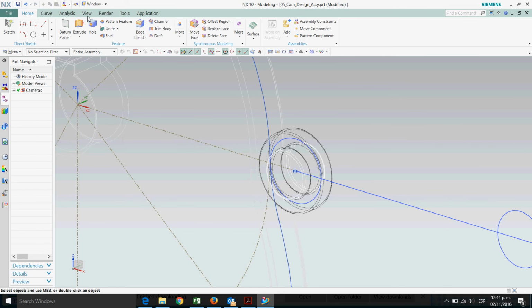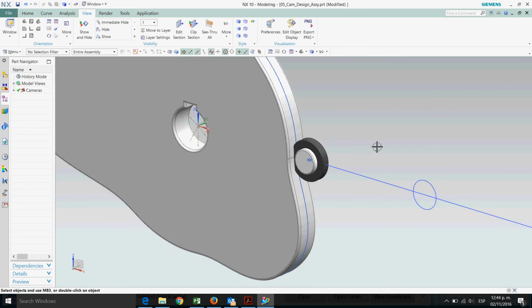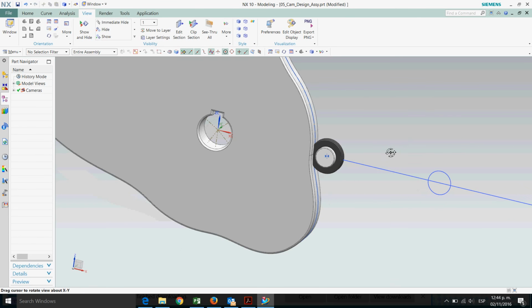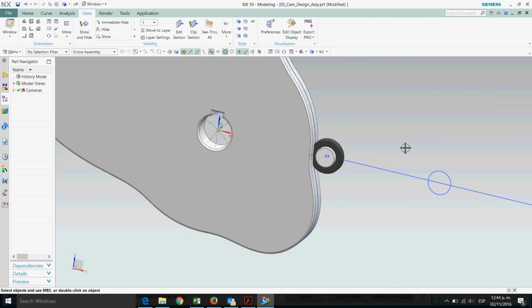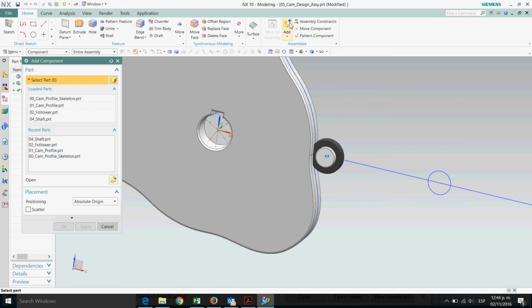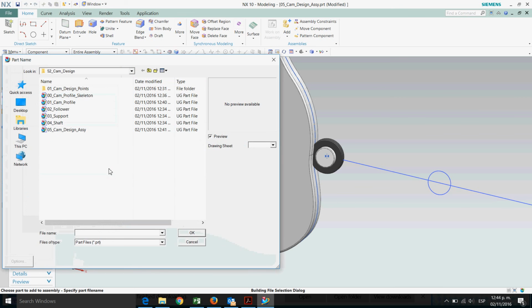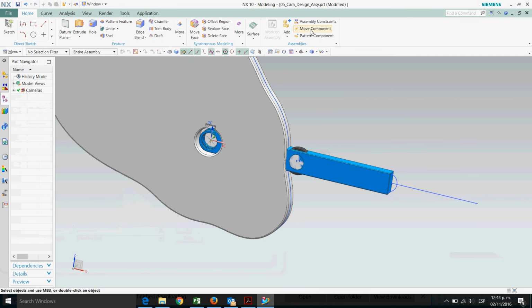Okay. Let's go to assemble the support. Open support. Just the same: move component, click on the shaft, middle click, and drag it. Okay. And just the same, because this follower